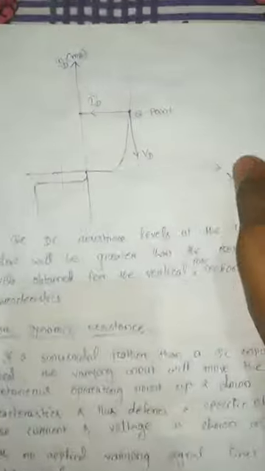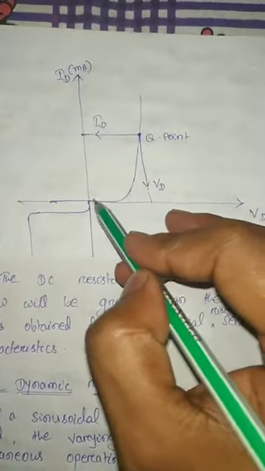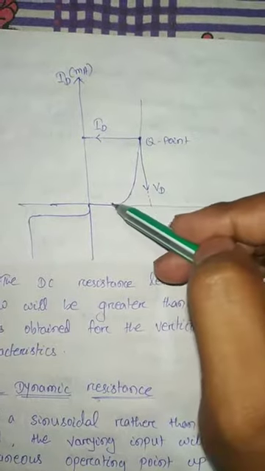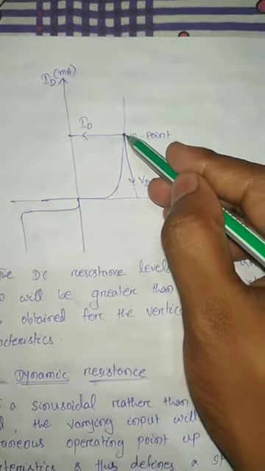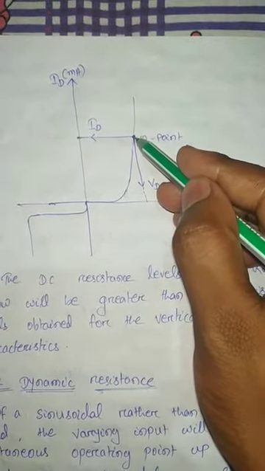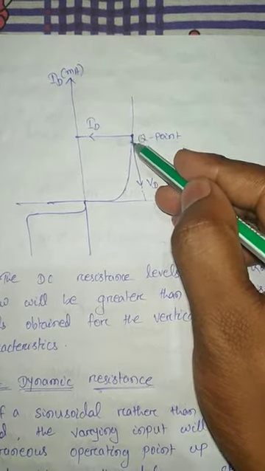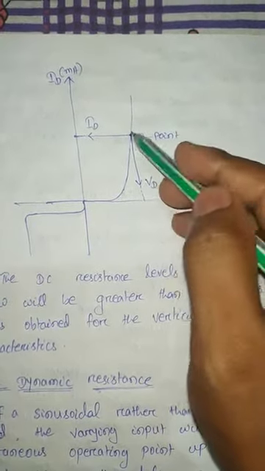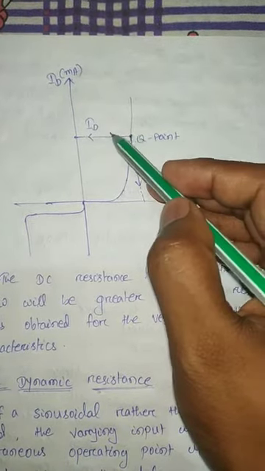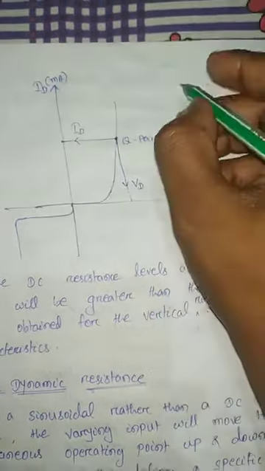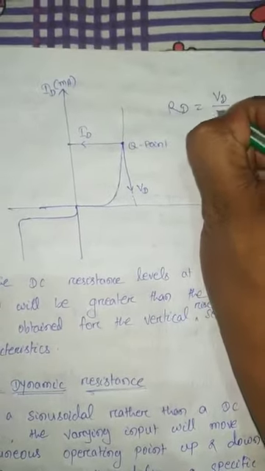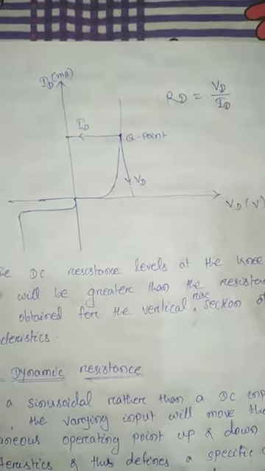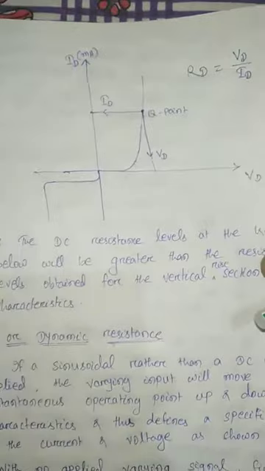So what happens actually, you will see in this graph. This is the V-I characteristics graph of the diode in forward bias condition. So this is the operating point of the diode. Using this operating point, we find the corresponding value of the voltage and the corresponding value of the current. So the DC or static resistance Rd equals Vd divided by Id. I hope you can understand this point.